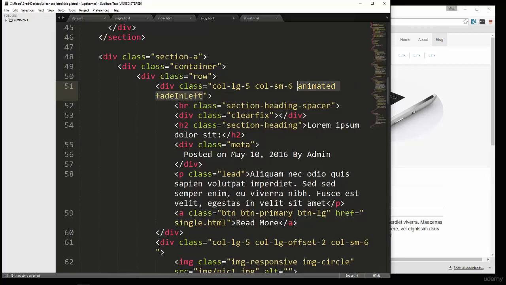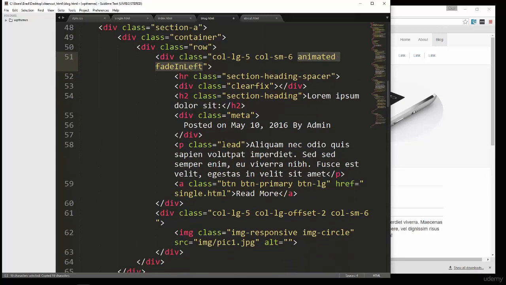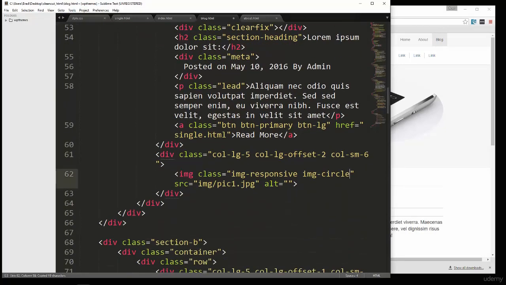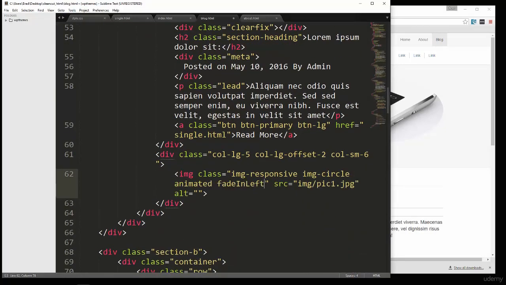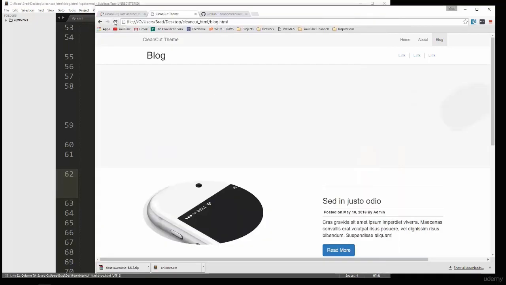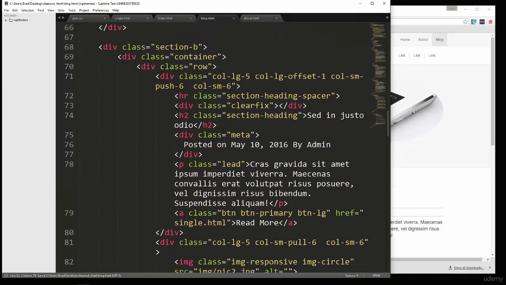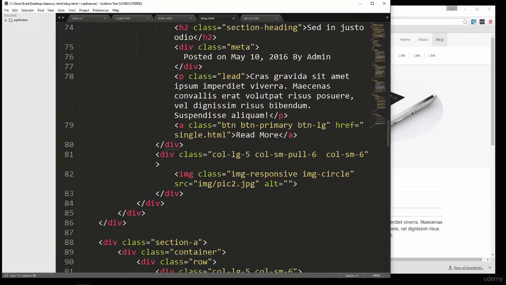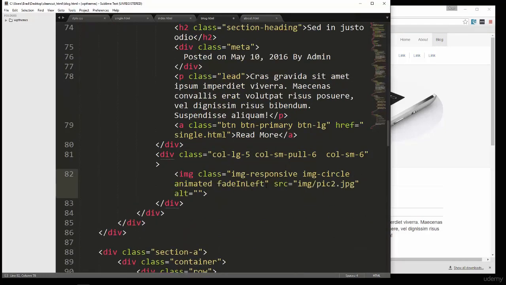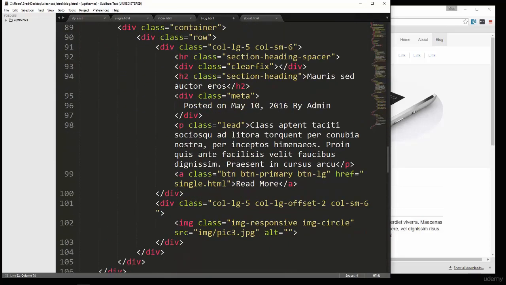I'm just going to copy that. This one will be fade in right at the top, and then this one will be fade in left. Okay, and then this last one,